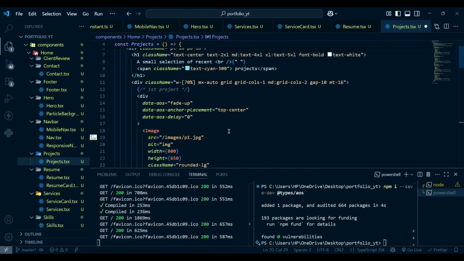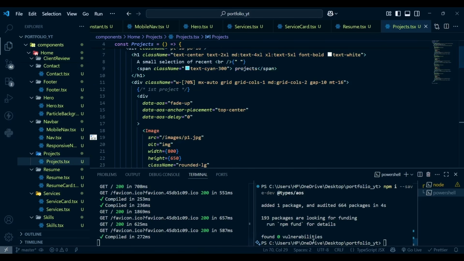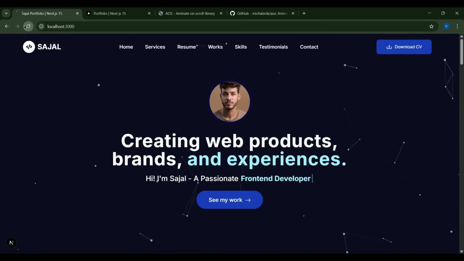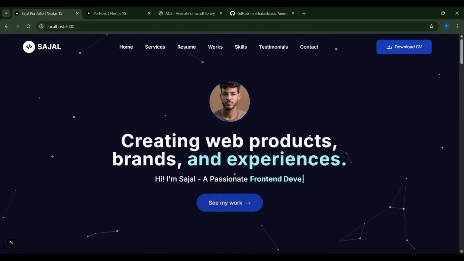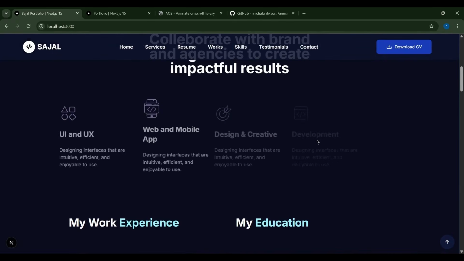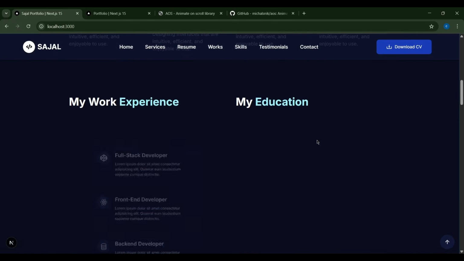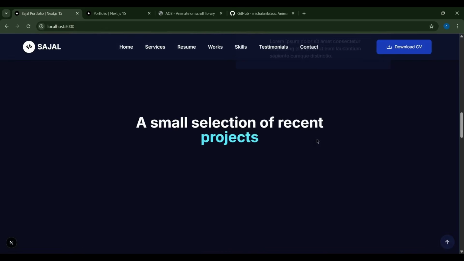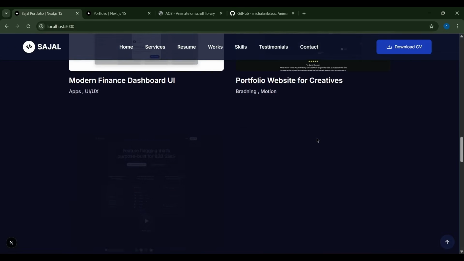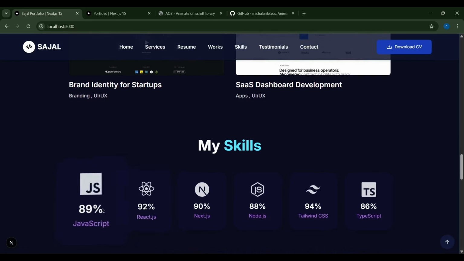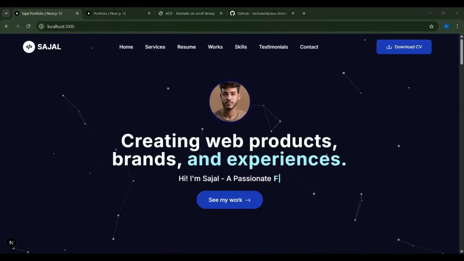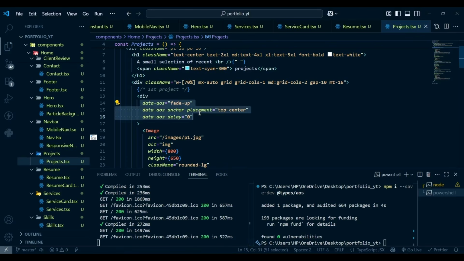So now if I hit save and go to our project, and reload the page, we have this initial animation. If I start scrolling, we have the services section, then resume section animation, and then we have the portfolio section animation. Awesome. Next, we are going to add animation to our skills section. So I am going to copy these 3 lines from here. Then let's go to the skill.tsx,